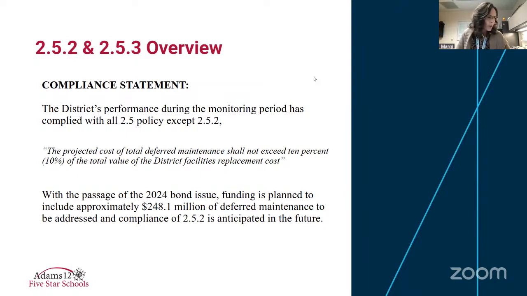So just a quick overview, currently our total replacement cost of our facilities is about $1.3 billion. And at the reporting time, our deferred maintenance or renewal costs, whatever you would like to refer to it as, we were at just a little bit over 190 million. And that's what got us to that 14%. And there are different factors that bring us the increases. We increased by 20 million this fiscal year in our deferred maintenance.